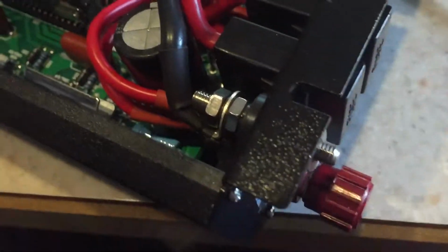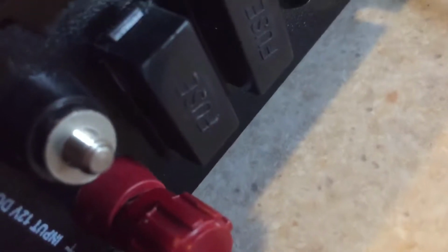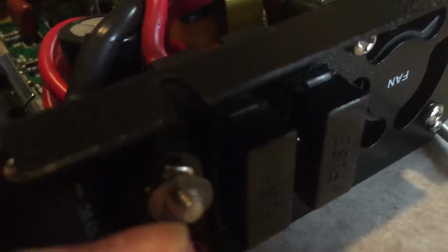I don't think if you unscrew these, I don't think you can lose them. Or maybe you can. Oh, yes you can. It goes rolling onto the floor. They're not horrible. Brass insert. Nice thread. Standard thread. Looks like if I ever lost these, I could just put a bolt